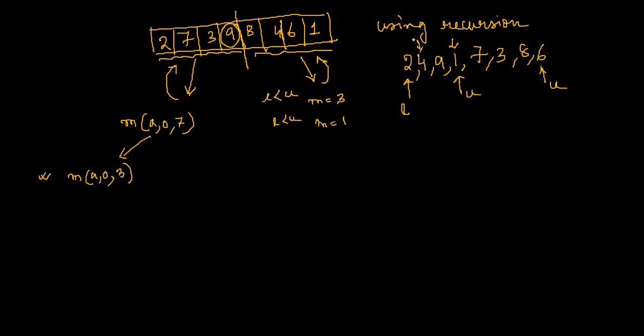So this is your M right now. So if it is M, that means you will divide into two parts. In these two parts, it will have a division A, 0, 1, right? And then it will divide M, A, 0, 0, right? So only one value. Since only one value, that means L becomes equal to U. So now control will return back, right?